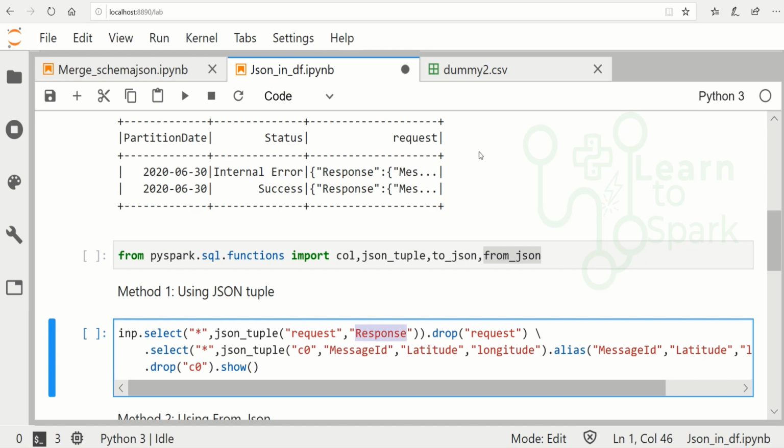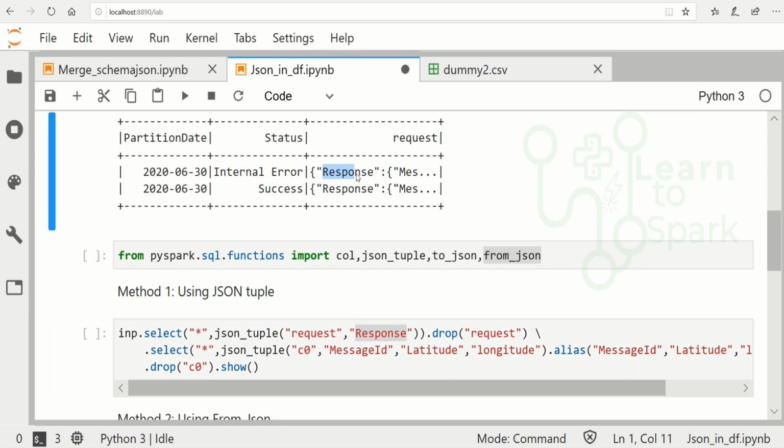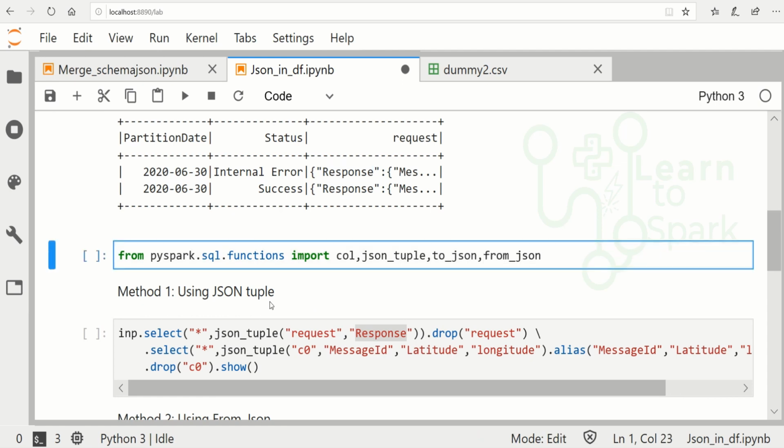Here we have a column of request, and inside that we need the response. This is the first level of filtering the field and taking the column out. The result is a column that has only the response, and we are dropping the request column. Let me show you this so that you can understand it better.